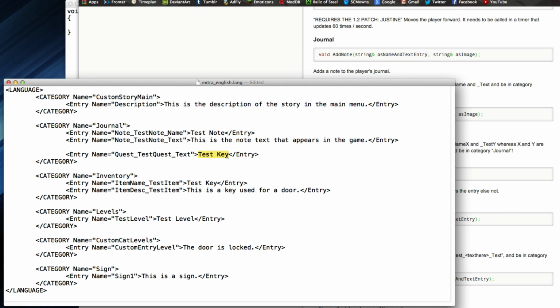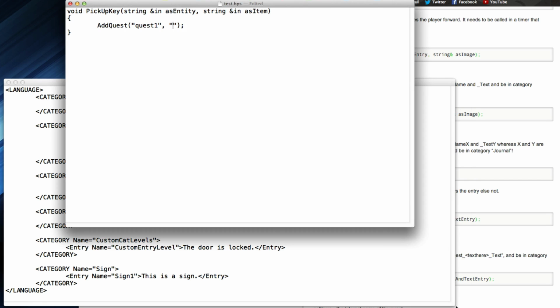And inside here is going to be what is actually displayed, because mementos don't have names, they just have text. So therefore this one only needs one line of entry. So I'm going to call it this is a random memento. Just like that. Now make sure it has quest underscore first and underscore text at the end, or else it doesn't really know. And then you need to put whatever is between, just like the note, test note, you put that in the editor. You want to put test quest in the script file. So I'm going to put that in the string for the script. So that is going to add a quest whenever you pick up the key.